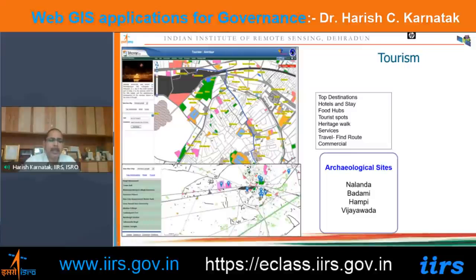Plus the Archaeological Survey of India or similar organizations can use this data set for different planning activities, including giving permission for any construction nearby the archaeological sites. So this way, these data sets are available, and very interestingly, all of it is available in the public domain without any cost. That is the beauty of this technology.